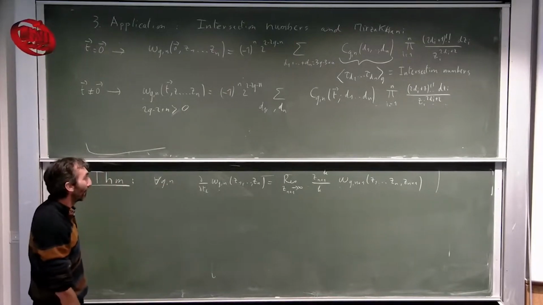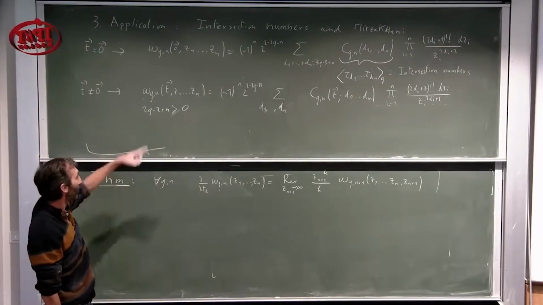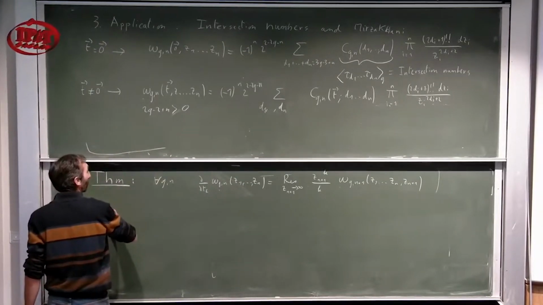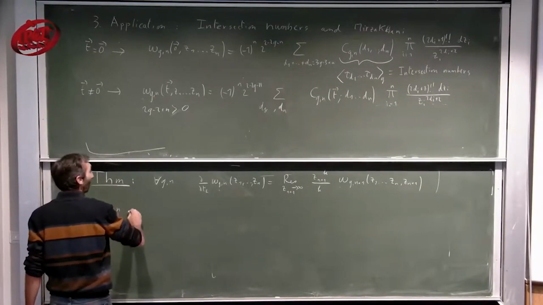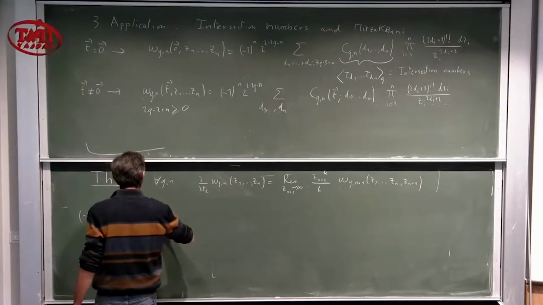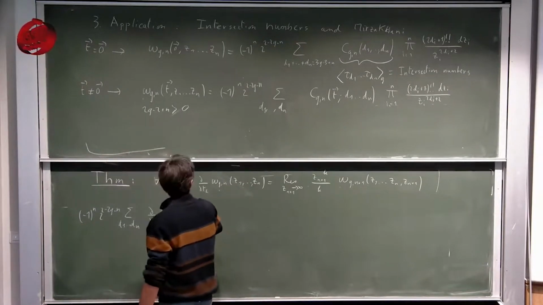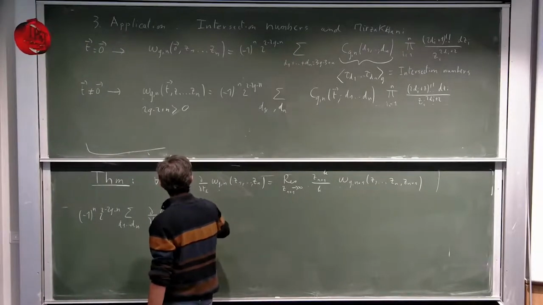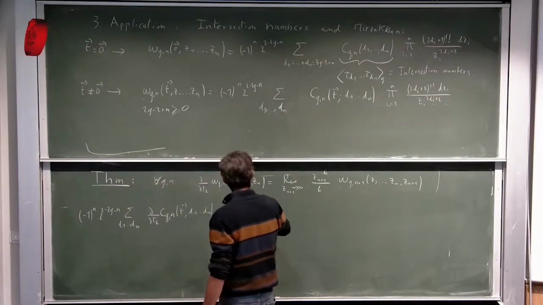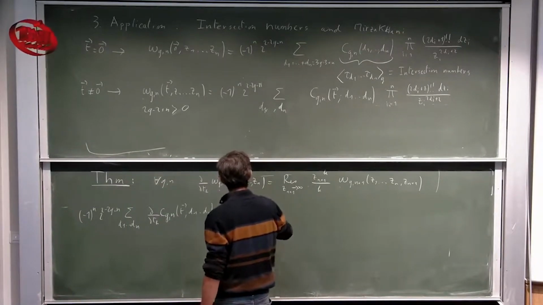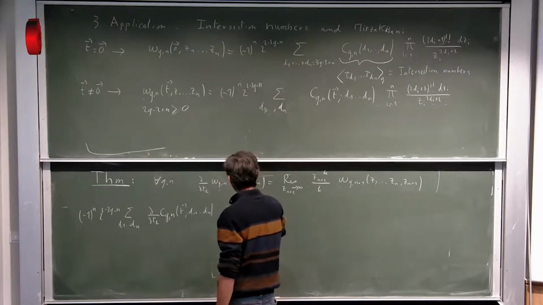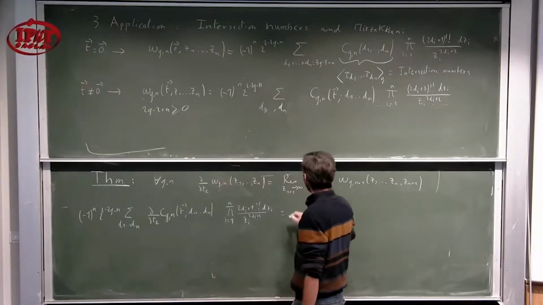So let's apply the theorem to that. The left-hand side is (-1)^n, 2 over 2 minus 2g minus n, sum over d1 ... dn, d over dt_k of C_{g,n} of t, d1 ... dn, product of (2di plus 1) over factorial, zi to the 2di plus 2, i equals 1 to n, should be equal to